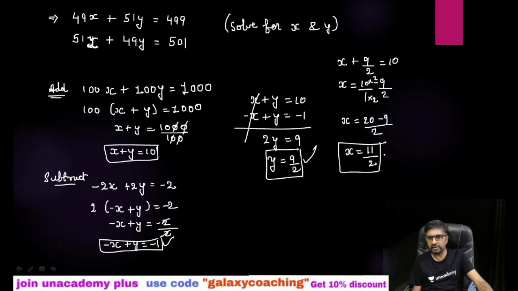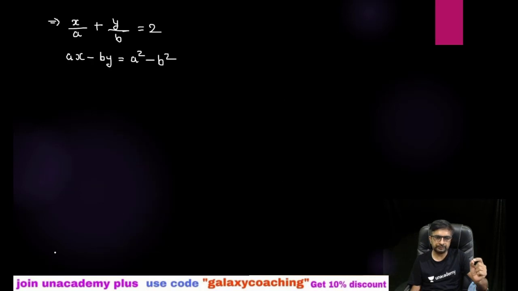So this way you can find the values of x and y when the numbers are interchanging like this. At that time you can use this shortcut so that you can easily find the answer. This question is asked in board examination many times. So I have solved this one. Now moving towards question number 2.